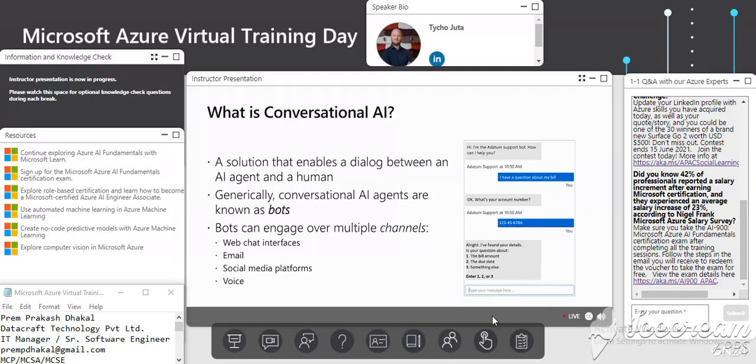And it can also be used in a wide variety of different scenarios, like customer support, right? When asking frequently asked questions, instead of having a